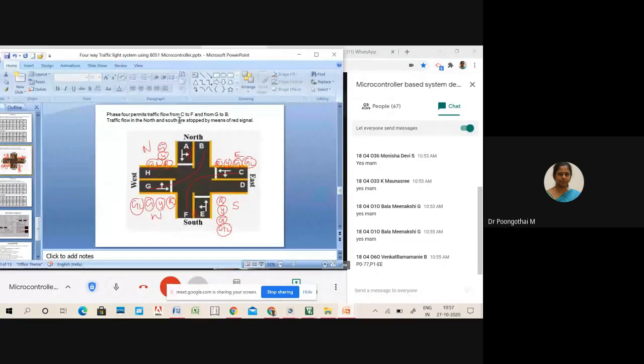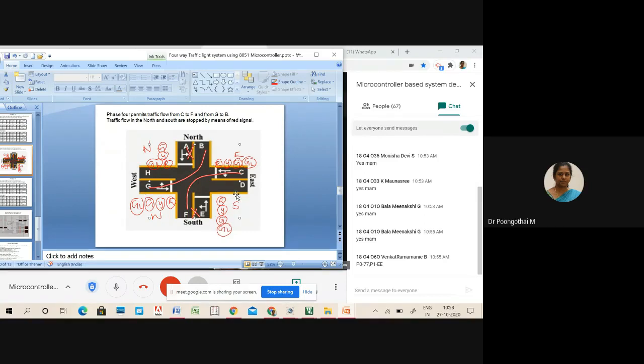Phase 4. So phase 4 permits vehicles from C to F, okay, and G to B. Please look at this diagram, C to F and G to B. So according to this fourth phase, you have to turn on the north red LED and south red LED to block the traffic.